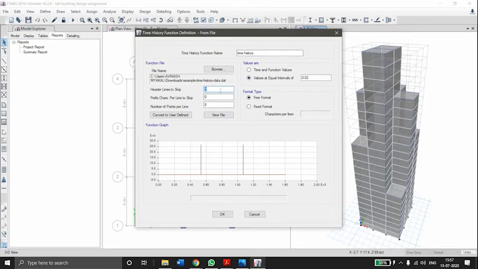Then header lines to skip are put as 9. Then number of points per line are put as 1. Here we have selected fixed format and keep the desired values, characters per item as 10. Then select OK.